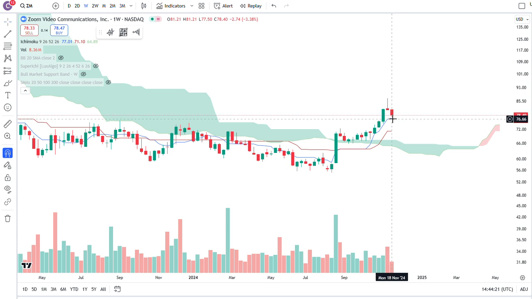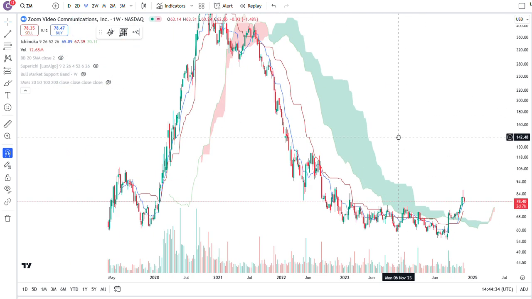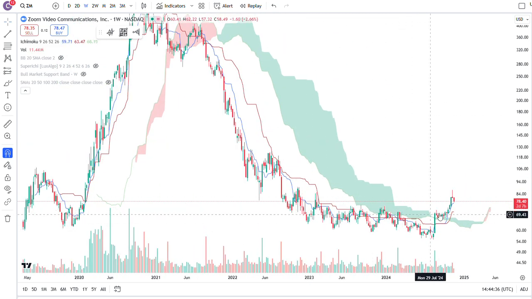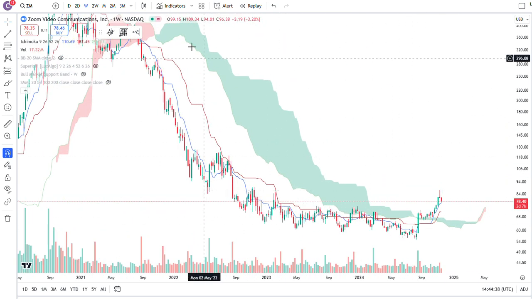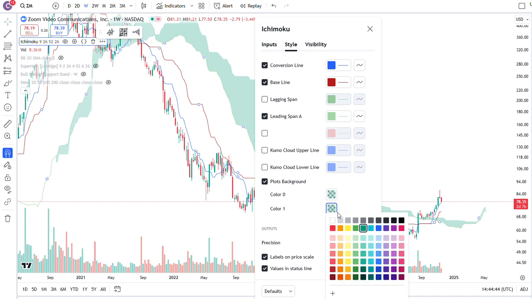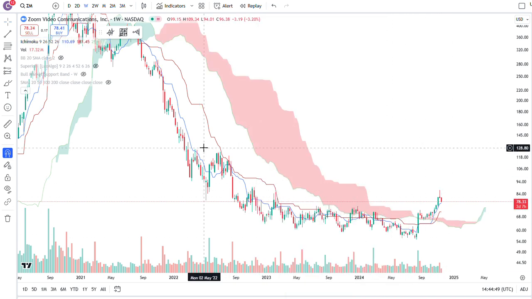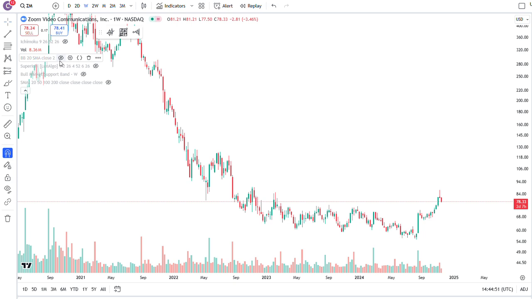So yeah, you have a little bit of retracement here, which is completely expected. How far is this retracement going to go? I don't know. You could go down here to the Tenkan around $77. You can go down further to this horizontal zone over here around $71. All these are possibilities, but so far I cannot say that this is concerning, because it's just broken above the Ichimoku cloud, and it looks like it wants to go higher. My Ichimoku cloud is totally messed up because the green is red and red is green. Let me go and fix that real quick. But yeah, it looks like it wants to go higher, but it might have to come back and test some things there before it does that.